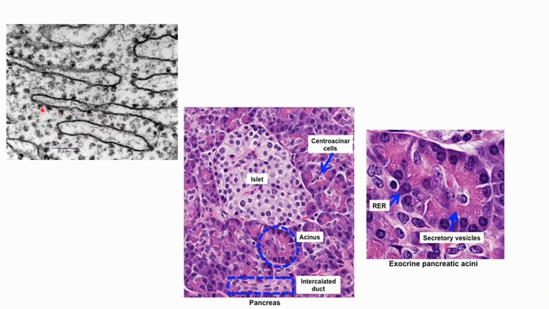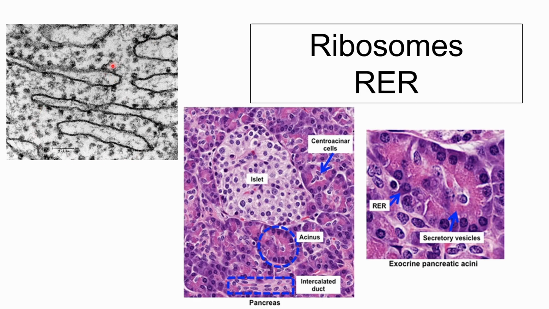What about this structure? These dots. Again, under the electron microscope, they look like this. So this is actually your ribosomes in the rough endoplasmic reticulum, which makes sense, no? The ribosomes are what makes the rough endoplasmic reticulum rough. Under the light microscope, it's not usually visible. It is usually visible in cells which produce a lot of, what do ribosomes make? Yes, they make protein.